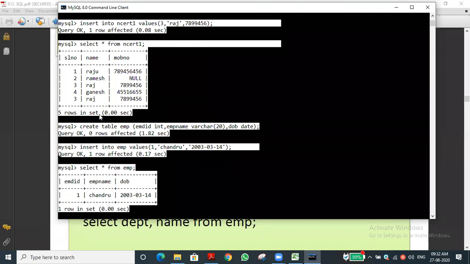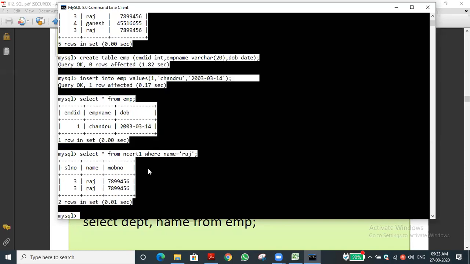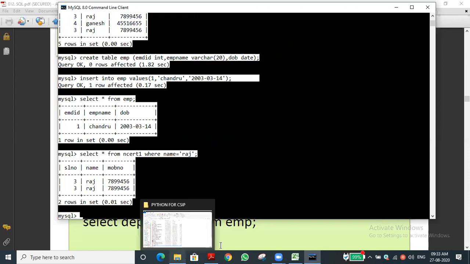For example, we gave this data, yes, sir. So from that, whose name is Raj, that detail alone I want to see. Similarly, we can use it for whose mobile number is this one, or which department. For example, who belongs to this department, students alone I want to know. Suppose we have a very huge database, who all belong to NCRT, or commerce group, or NEET group. Likewise, we can segregate and access the data by using the where clause. It is one of the important clauses. This is a basic clause also. Basic in the sense that wherever we are working, this command will definitely be used.